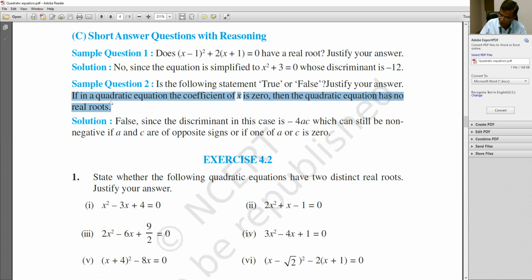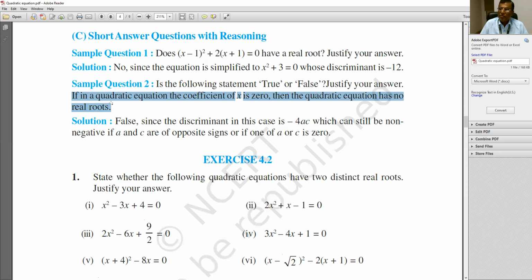If b is equal to 0, then still you have ax square plus c is equal to 0. Then the quadratic equation has no real roots. No, this is false logic, because it is nothing if the coefficient of x is 0. It may be 0. The condition is that during the definition of a quadratic equation, you have seen that in